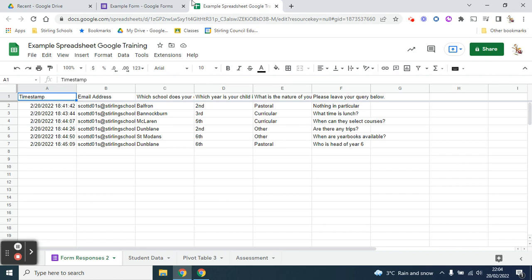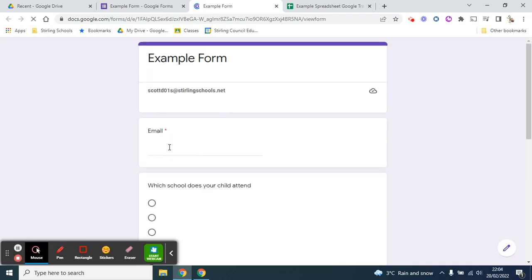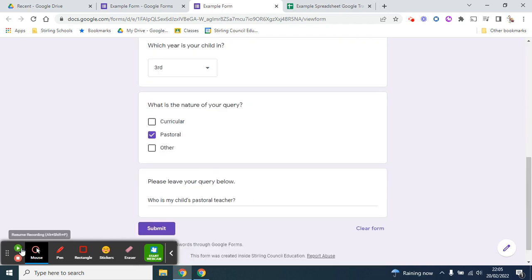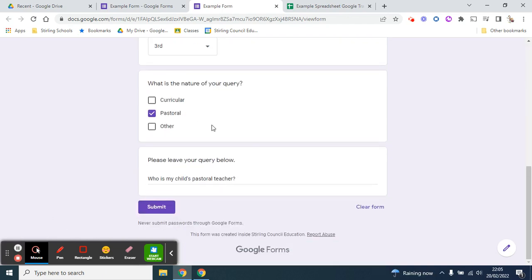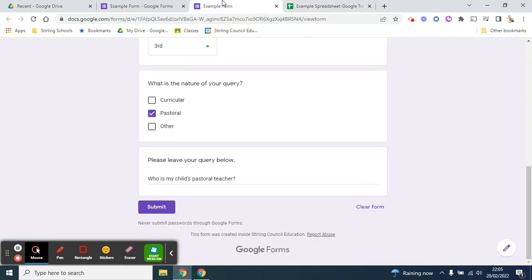so you can do whatever you would need to do in your spreadsheet with that information. Now, if you have somebody then complete another response to your form, I'll just quickly do that. So I've just about finished filling this form in as another response. So imagine we had form responses coming in. We can see at the moment we've only got 6 responses in there. And when I submit this response here,